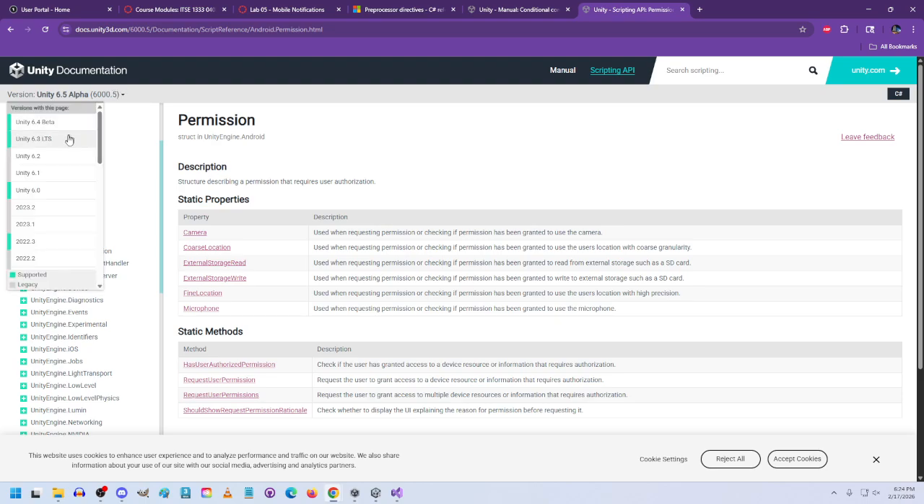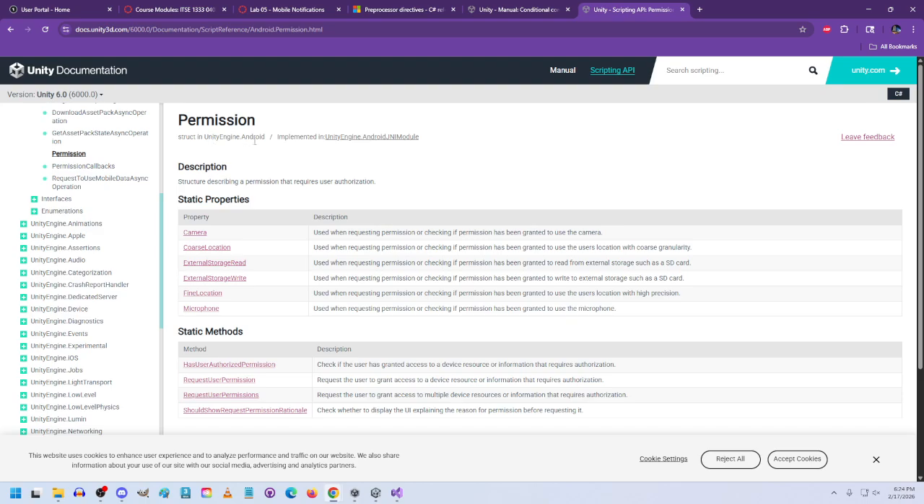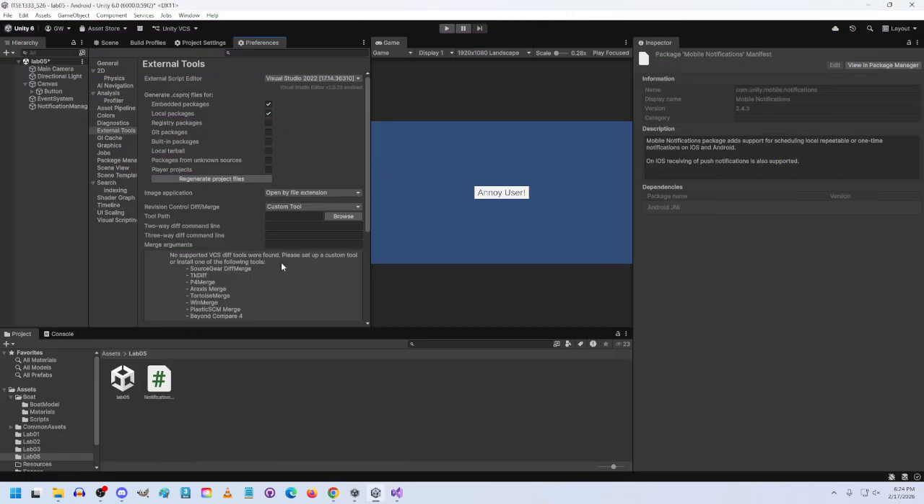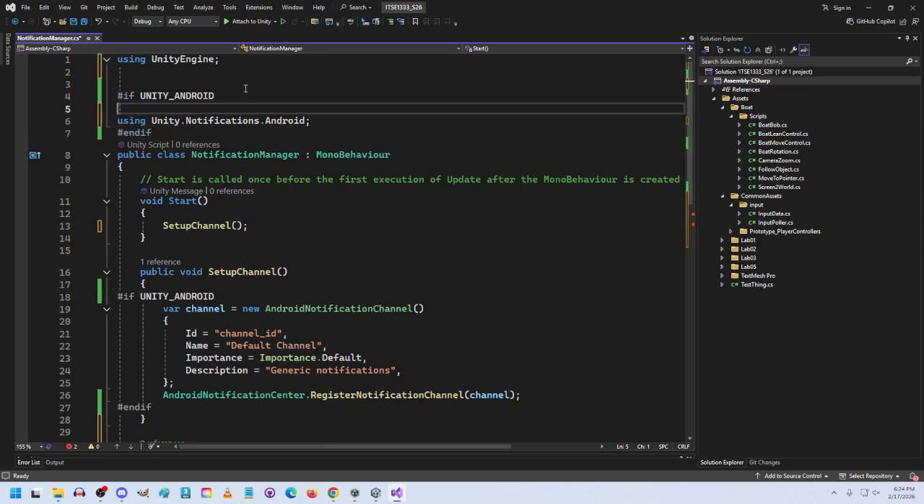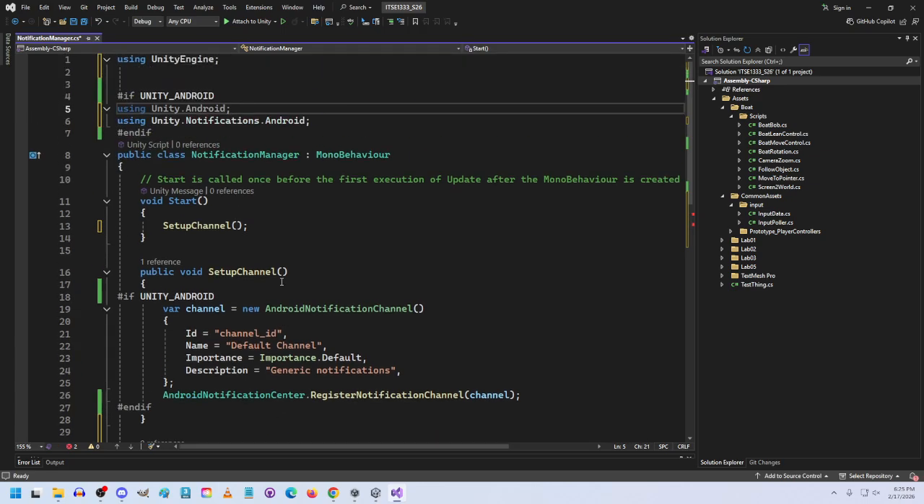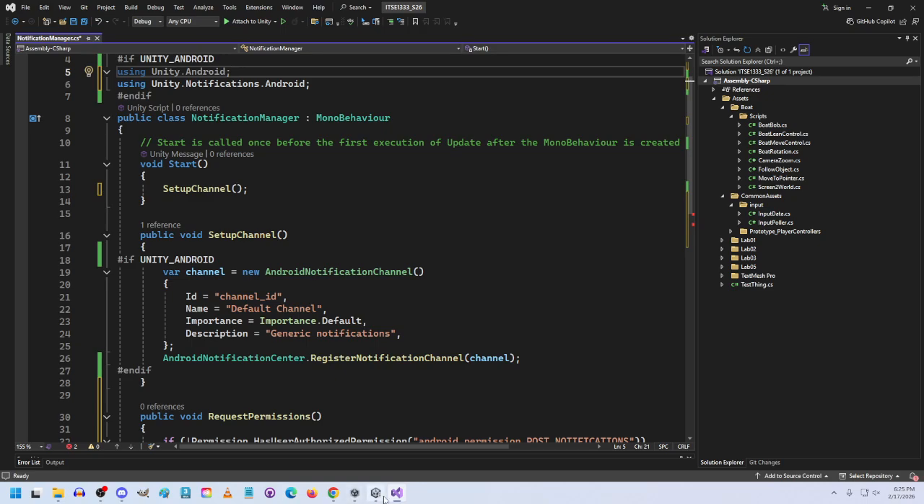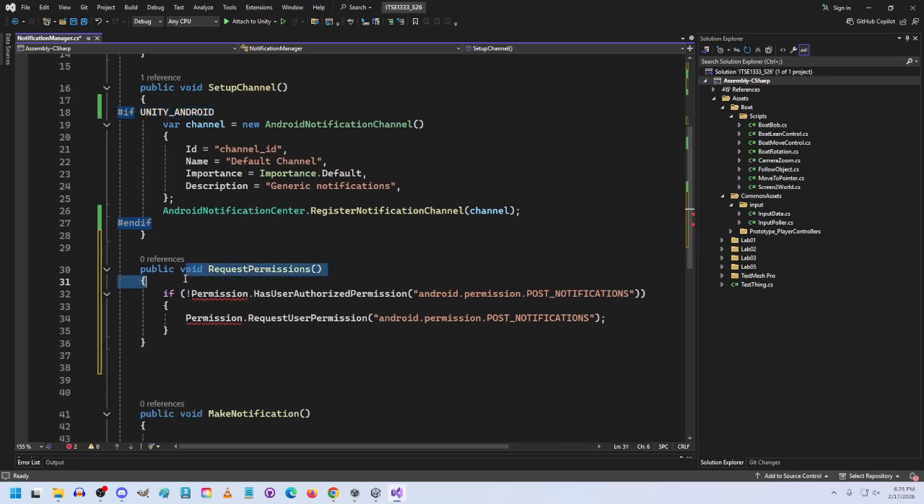Oh, this is alpha Unity 6. There we go. Okay. Yep. Unity Engine Android. So this is again needed, not here, but here. And this should be in the